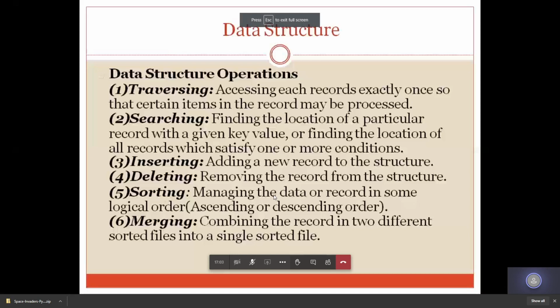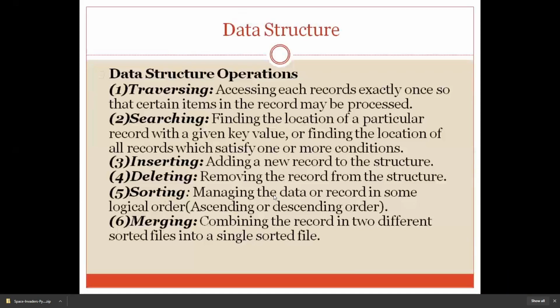We can have some experiments, like writing a program to find whether element 20 is present in the array or not. We are writing a program for searching element number 20.